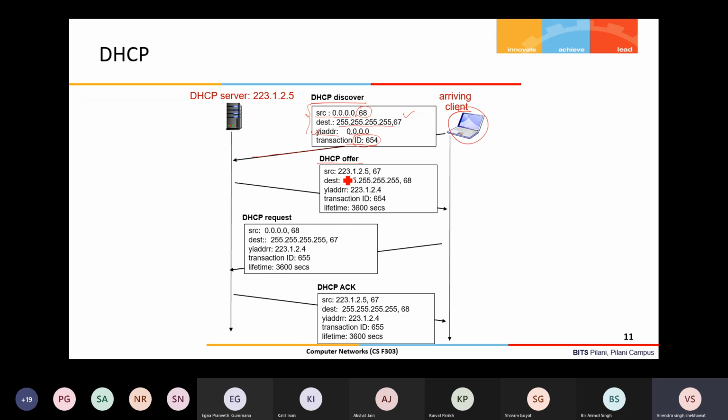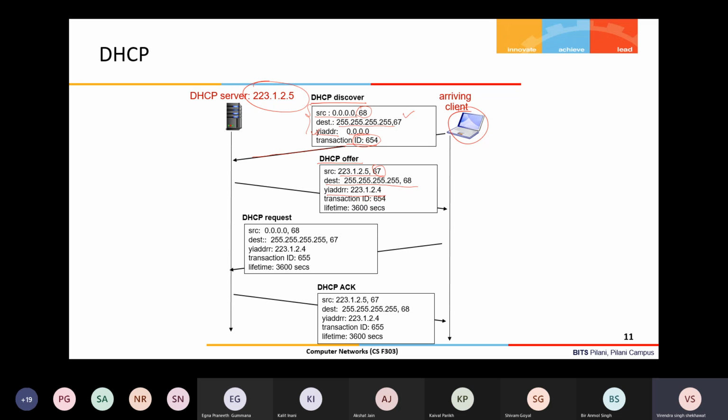So in the offer, the source IP address is the IP address of the DHCP server, which is 223.1.2.5, with server-side port 67. The destination it takes from the discover message, that broadcast message received from the client. Now it is offering an address for this client: 223.1.2.4.